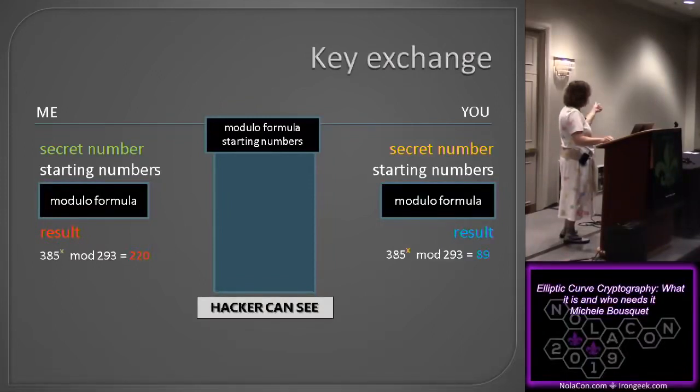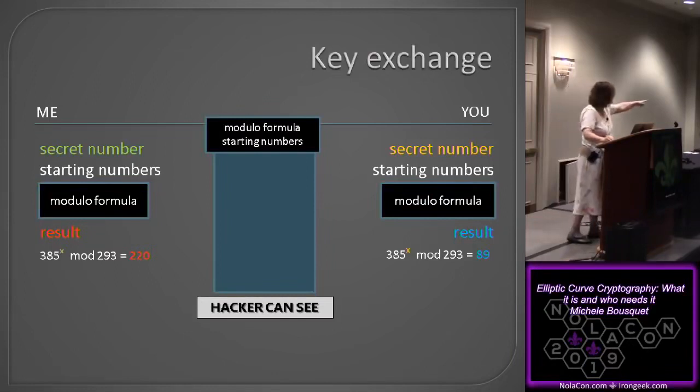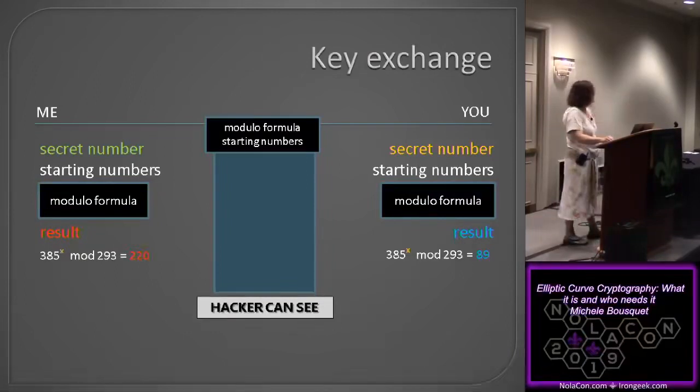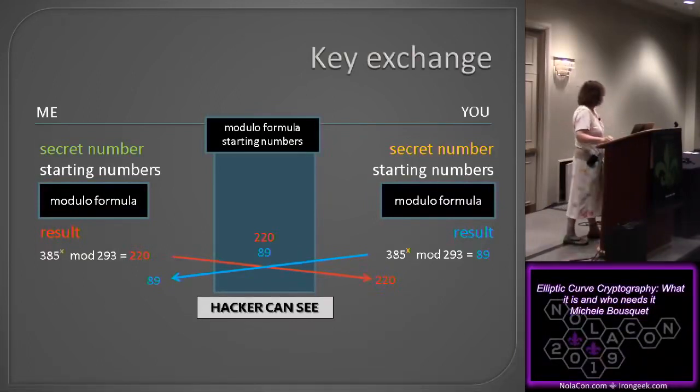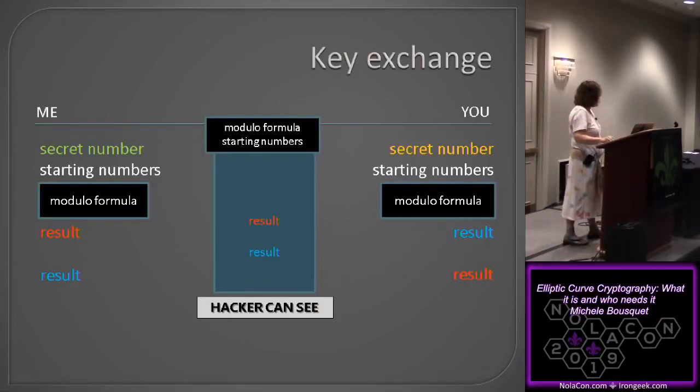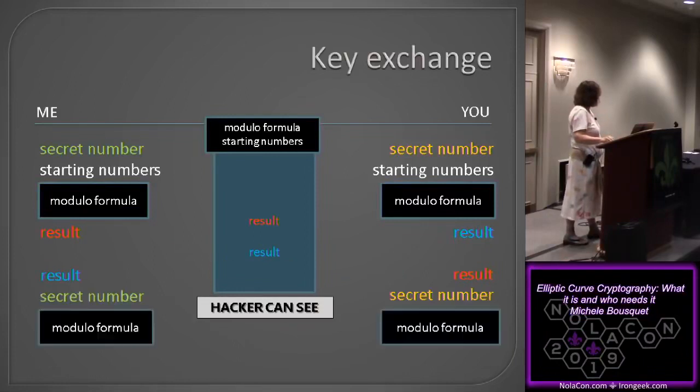So the hacker knows the 385 and the 293, but he doesn't know my x. And you do the same on your side. So then we pass our remainders over, and the hacker can't figure out what that x is, unless they use brute force. Then I take your result and my secret number, and I do another formula with them,